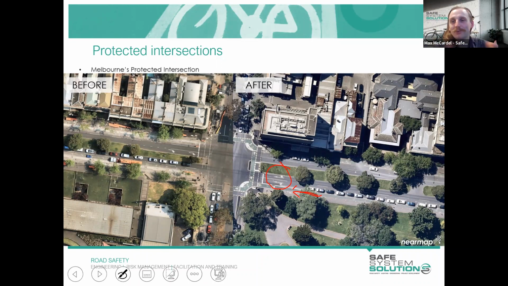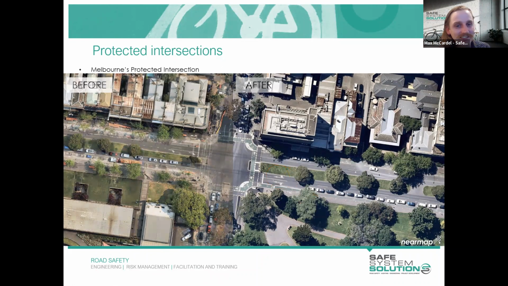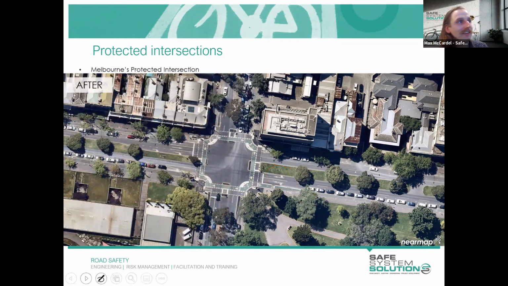Instead of having that conflict point there, where your cyclists are just heading towards the intersection and there's no facility there at all for them, and then left turning traffic heading in front of them, just a really ugly scenario, you've provided full separation all the way up to the intersection. Awesome to see. And the same was obviously mirrored on the other side of the intersection,